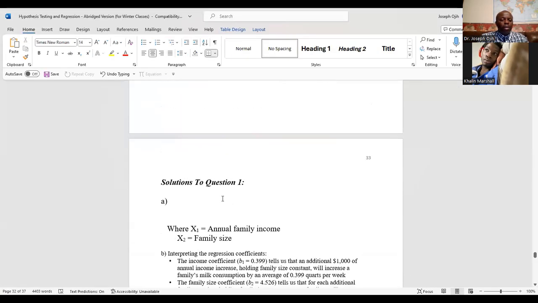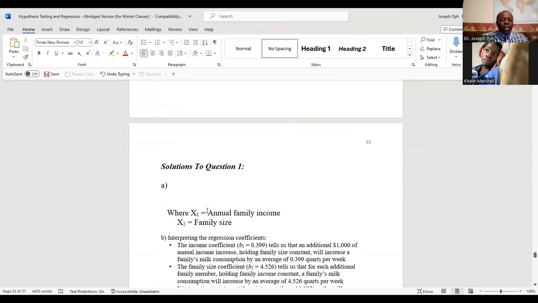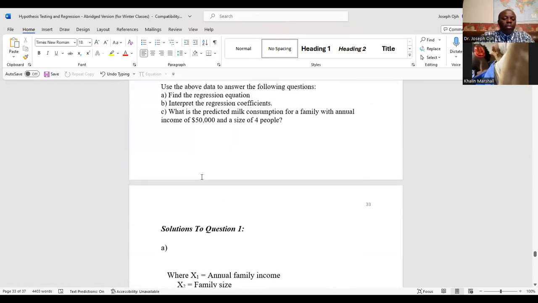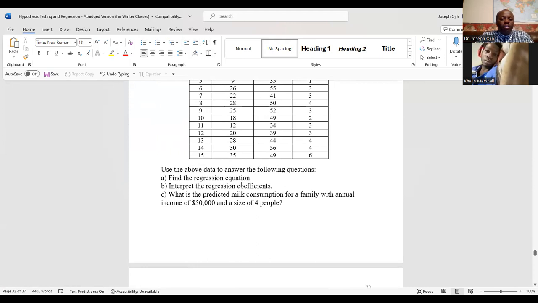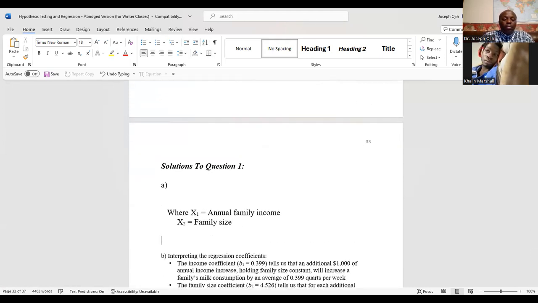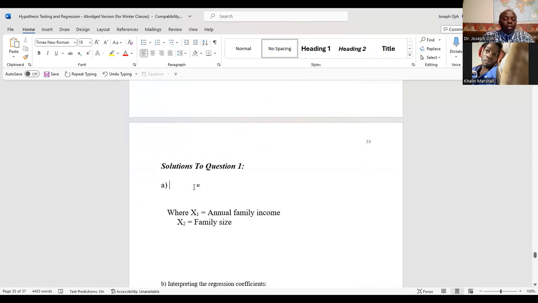Solution. So remember that X1 represents the family income and X2 represents the family size. Y is the milk consumption. So the regression equation, because it says find the regression equation, is